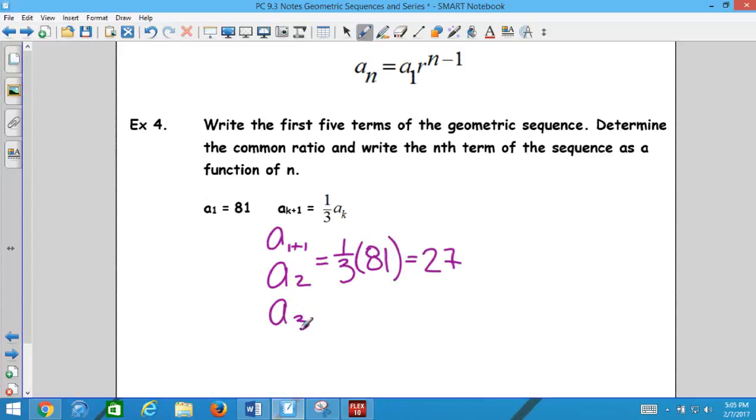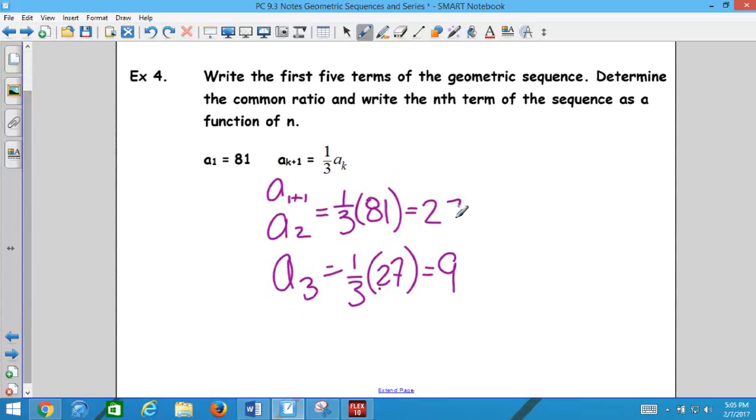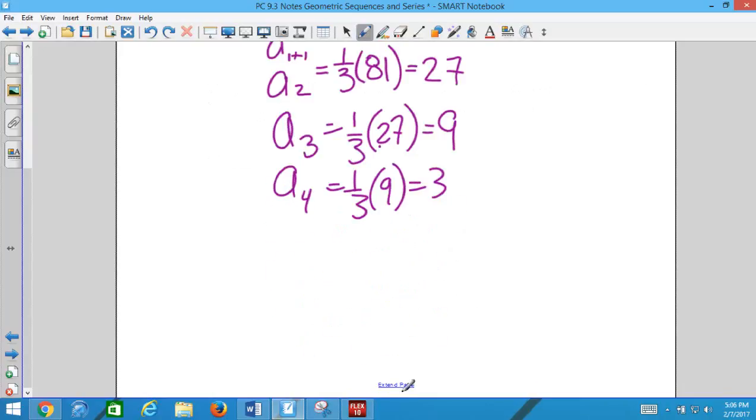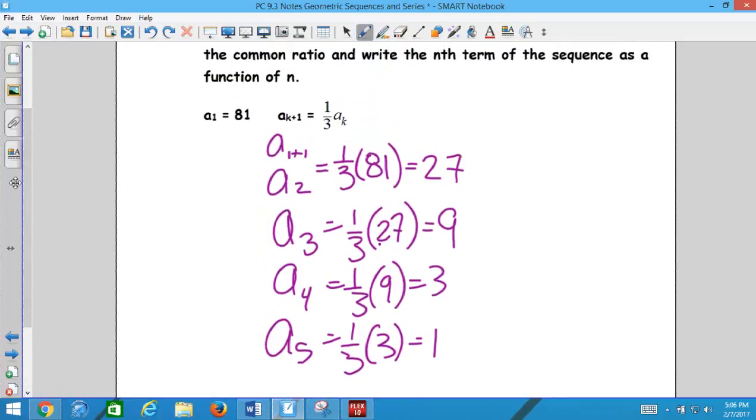My a sub 3 is going to be 1/3 of my previous term. It's 27. So 9. My a sub 4 is going to be 1/3 of my previous term. And my a sub 5, 1/3 of my previous term. So my terms are